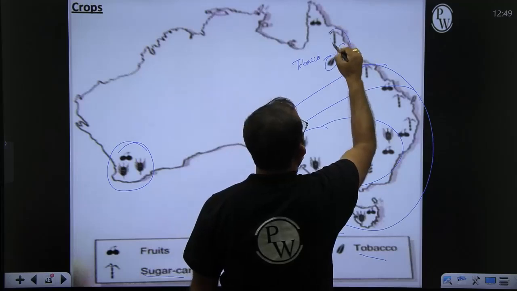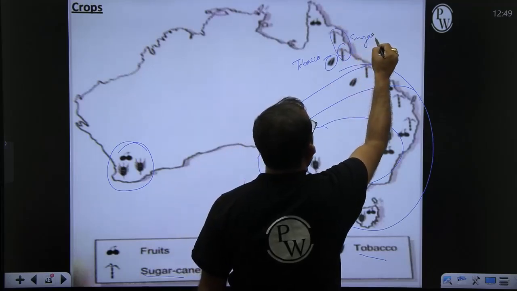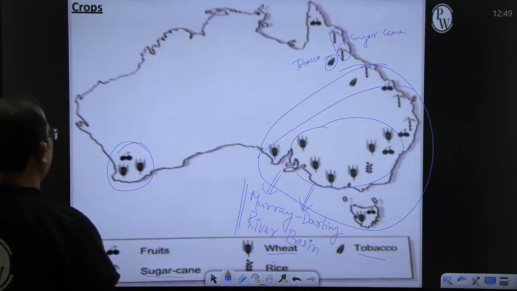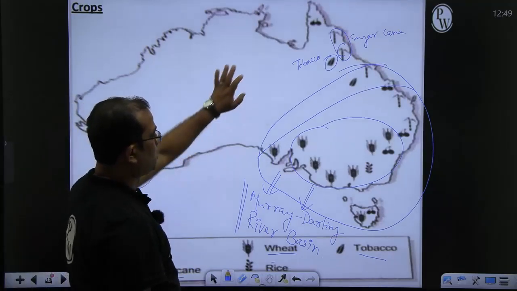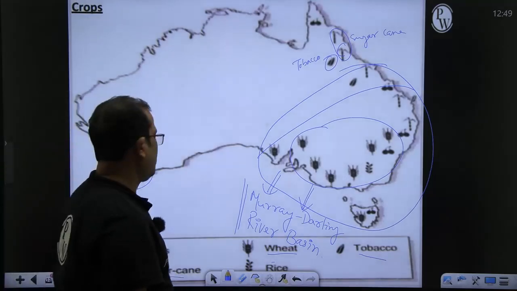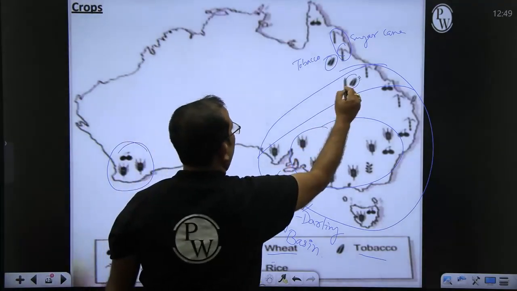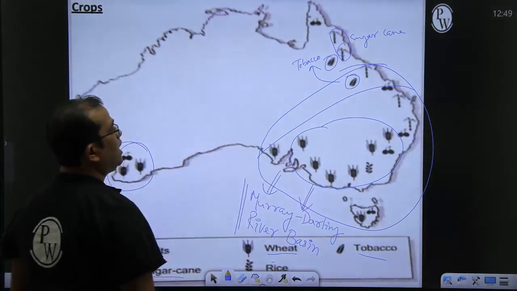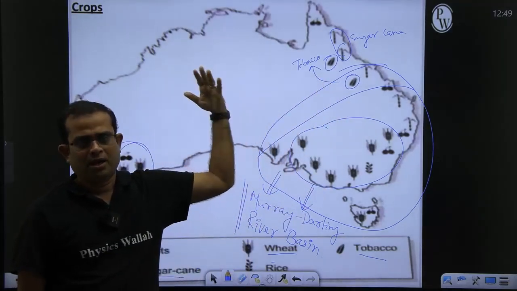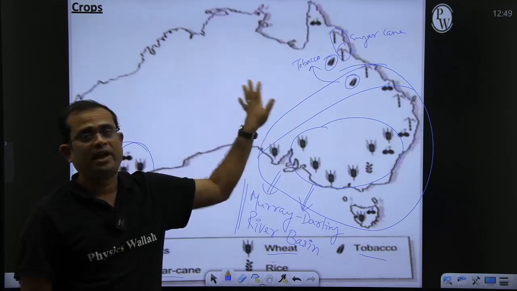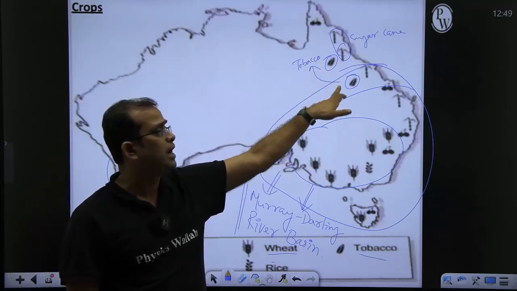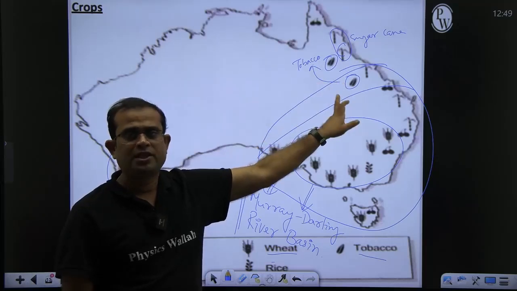This is your sugarcane. We can write sugarcane, tobacco and fruits. These are also cultivated here. This is also tobacco in this area. Out of this analysis we can interpret that tobacco, sugarcane, and especially sugarcane,